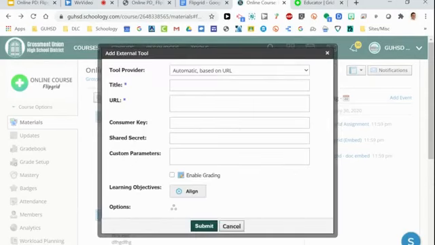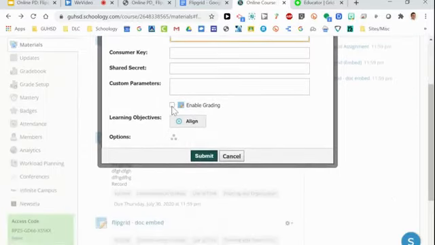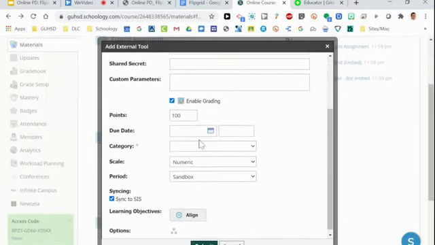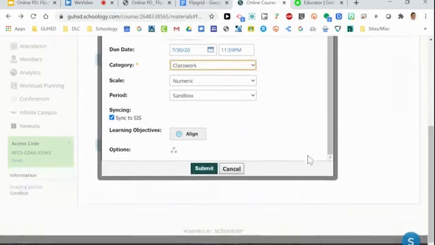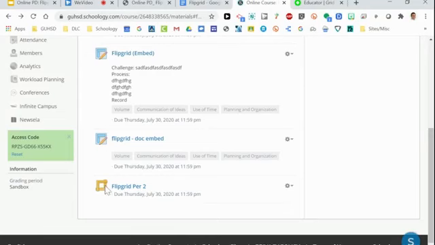What I would want to do then is title it appropriately. For URL, I'll paste in the URL. And I could choose to enable grading. Now do note that this does not allow me to bring in my rubrics, which is kind of a bummer, but everything else is the same. What I can do then is hit submit, and what will occur is I'll see little rulers almost, and